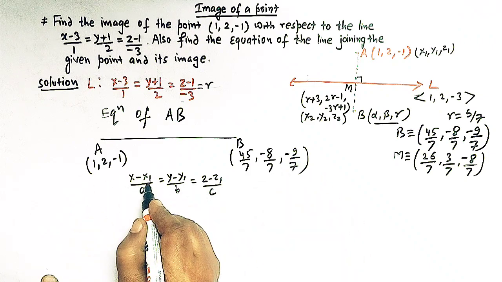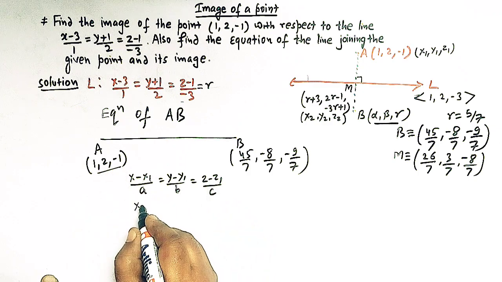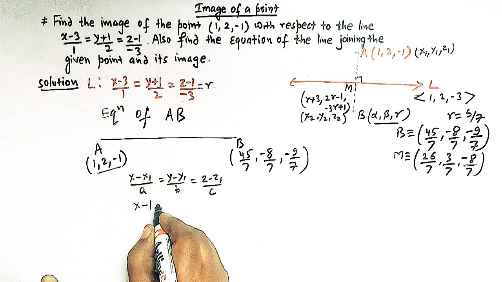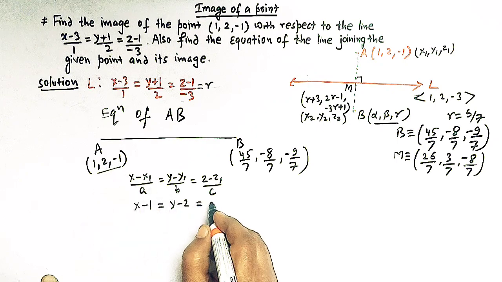So here we'll take x1, y1, z1 as this point. So we have x minus 1, then y minus 2, and then z